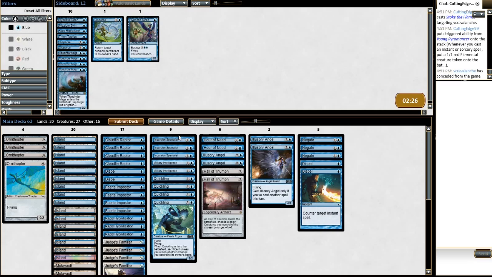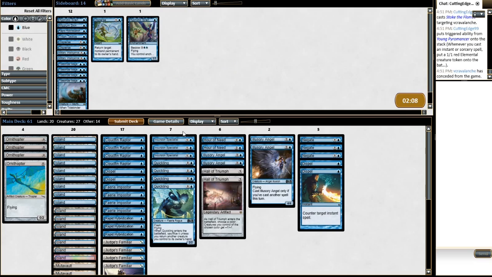Just a 1/1. I think Quickling we're just going to use to protect our guides. Incursion Specialist is fine. It does get unblockable. So Judge's Familiar is great in this matchup. And maybe it is Military Intelligence that's just too slow in this matchup. We just need to get out a dude and protect it for a few turns. So the Hour of Need or Rapid Hybridization might be the right...